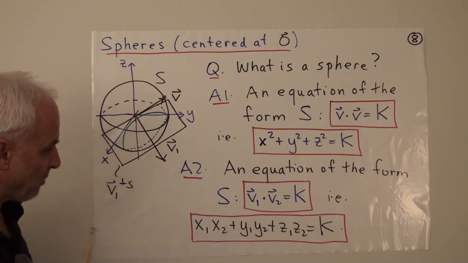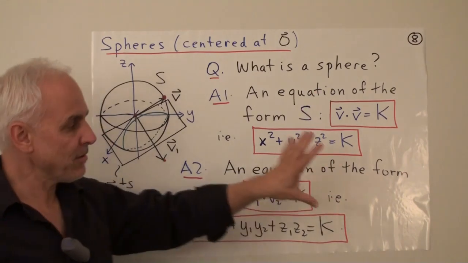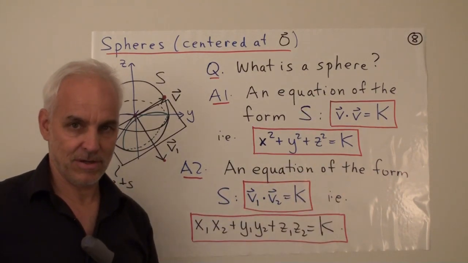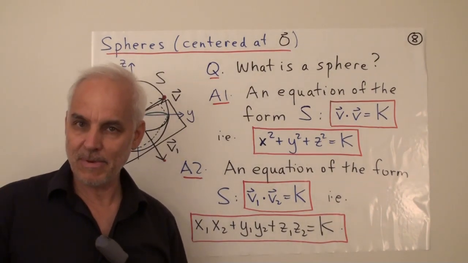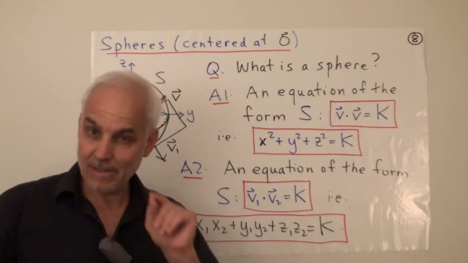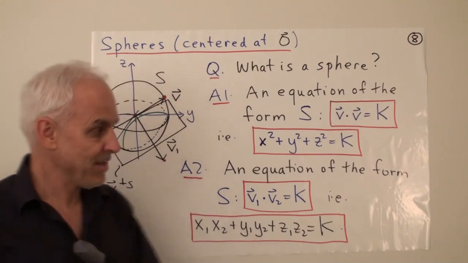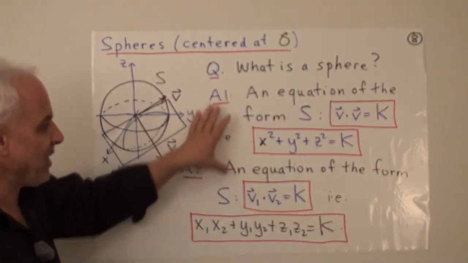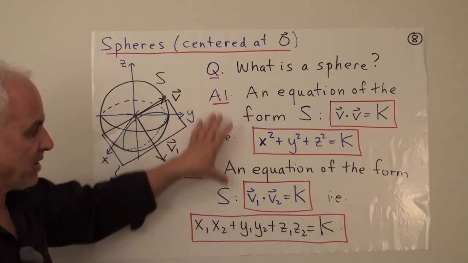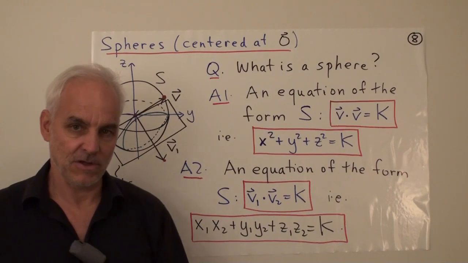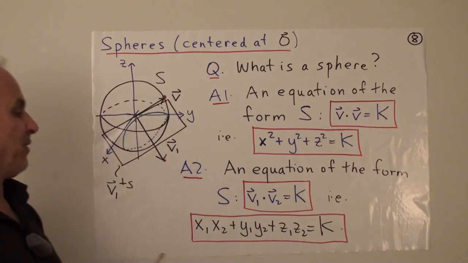All right, that's all well and good, but now we recognize also that that's a sort of quadratic definition, and here's now a bilinear definition, which is in some ways a little bit more flexible, a little bit more general, a little bit more sophisticated, and a little bit more powerful. In fact, actually quite a lot more powerful, to be honest. All right. So we're going to slowly try to get you to move up in your thinking, from this kind of thinking about what a sphere is to this kind of thinking about what a sphere is. Although they're of course still very closely connected. And we can still draw the picture of the sphere this way.